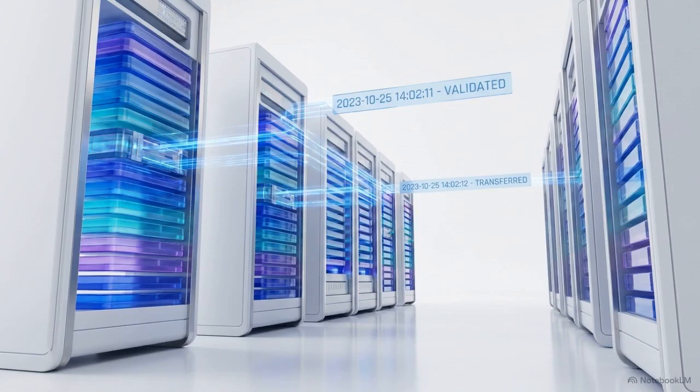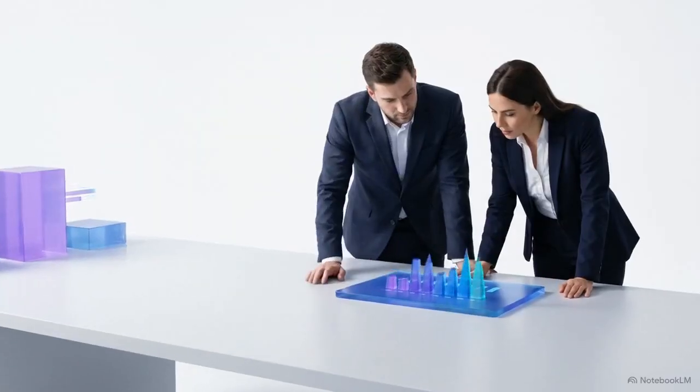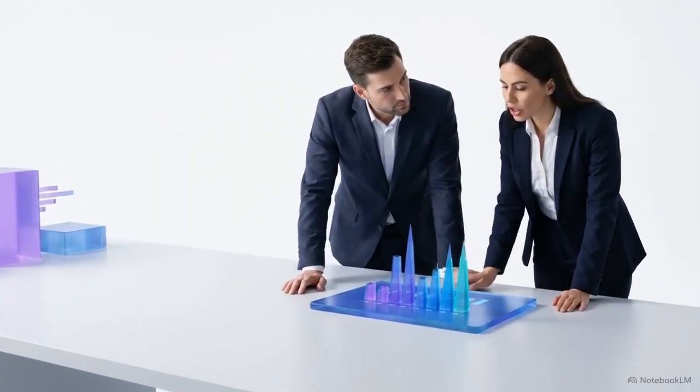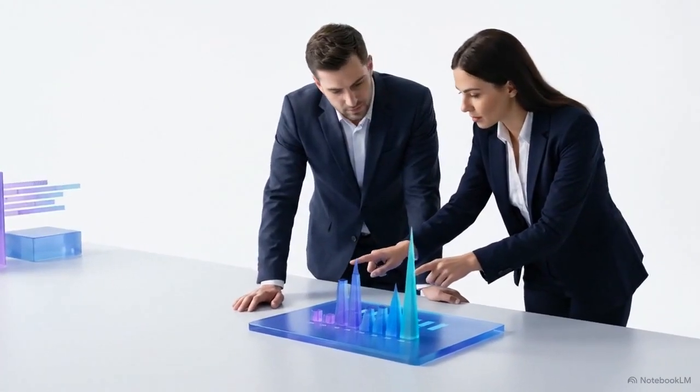The system enforces full auditability. Every validation, error, and file transfer leaves an immutable, time-stamped trail. The operational dashboard shown here displays the exact visual output of this telemetry. It captures precise operational metrics, tracking total process document counts, overall success rates, and the exact number of duplicates intercepted. IT and HR leadership utilize these real-time dashboards to identify processing bottlenecks, monitor overall system health, and prove compliance to